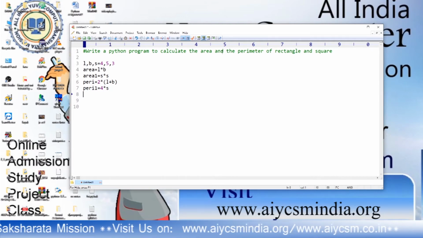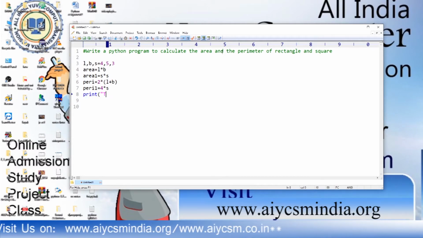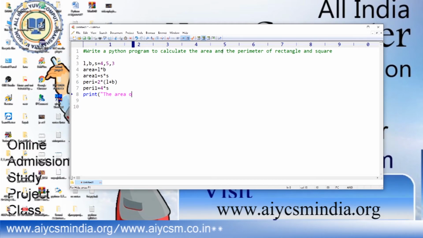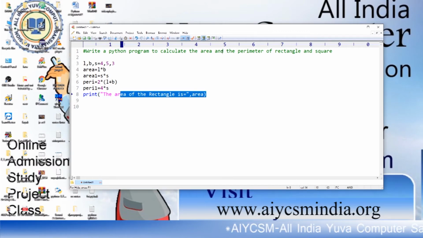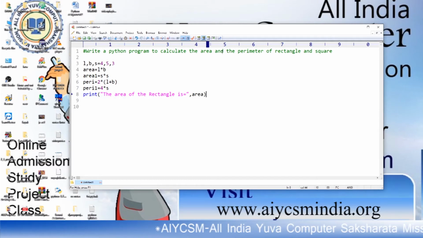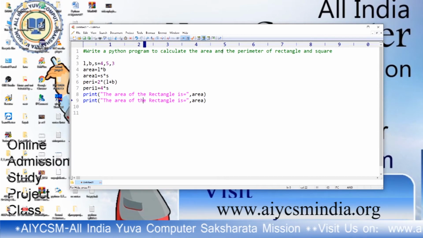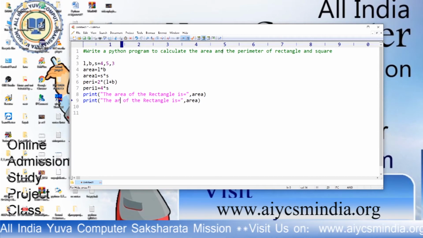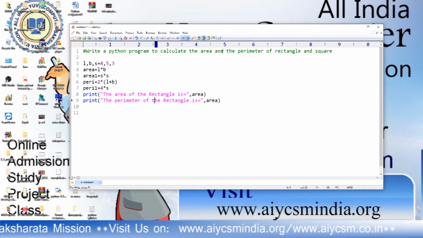Okay, now you have to print the values, print the result. The area of the rectangle is equal to area. Now the perimeter of the rectangle, we have to print all the values. Perimeter of the rectangle is peri.